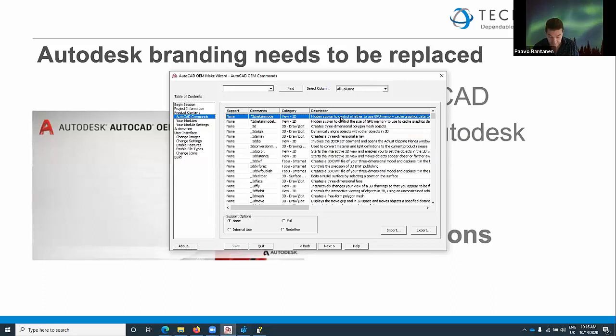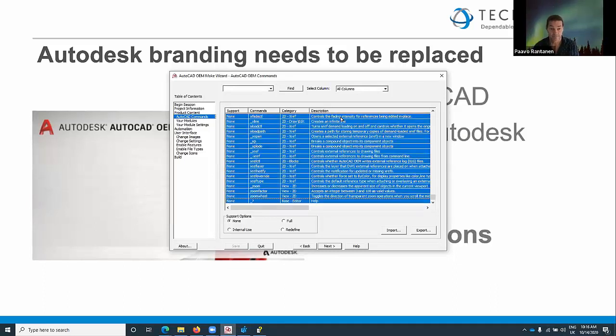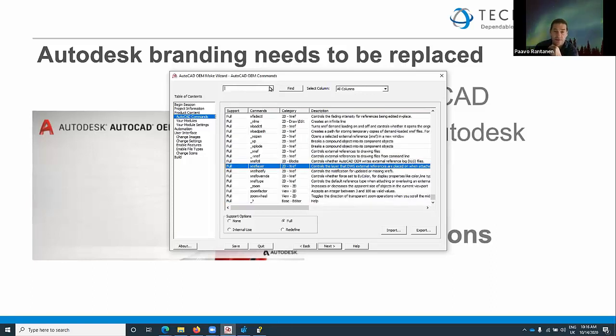We type Shift and we select full. So we're going to run the full-blown product. There are some items in this list. I'm going to search for them, since we're going to work on the